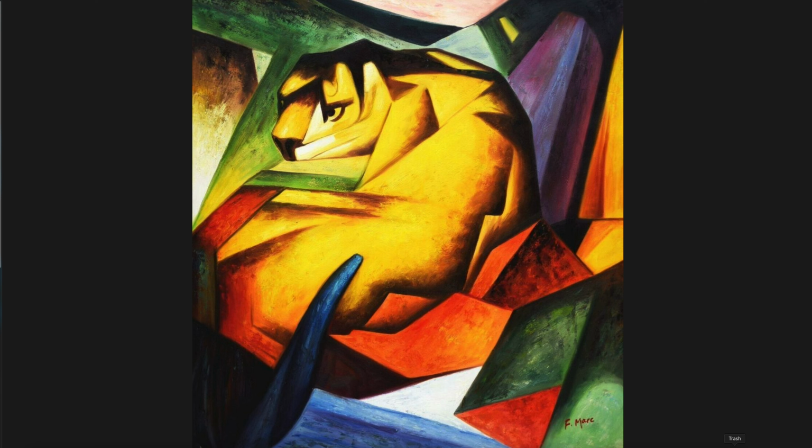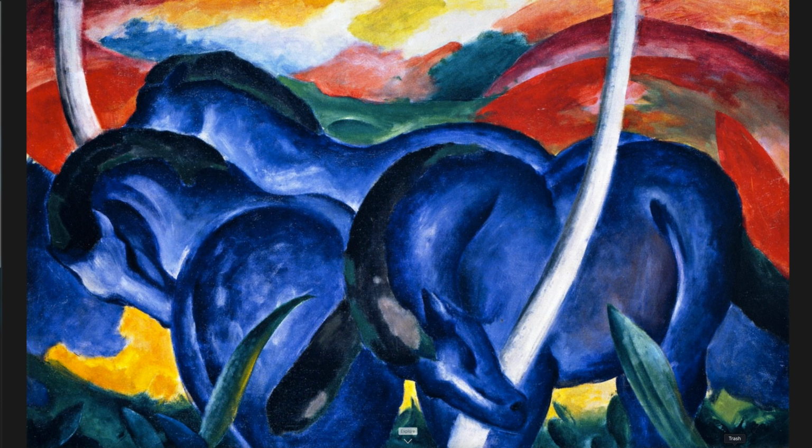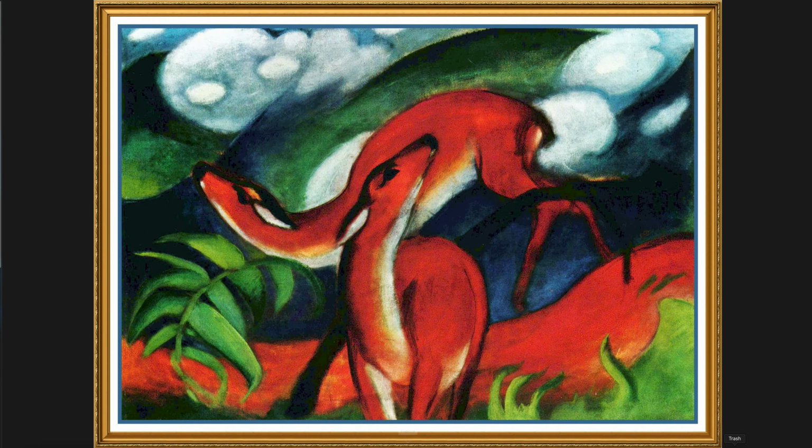What you have is a shallow space that pushes and pulls, like the surface of the painting is made of plastic or something, and it doesn't quite break through to the illusion of some sort of deep space or realism. And it's a very conscious decision on the part of the artist and the art form.